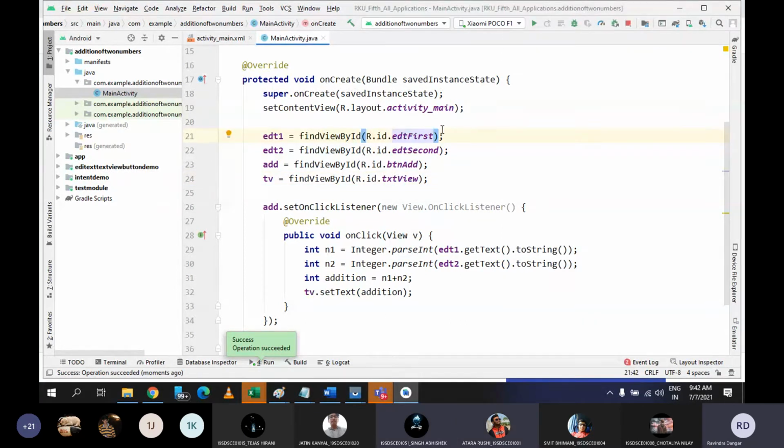Sorry? Yes, Abhishek. No, to set the text, we don't need to even ask our activity to hold, because if we set the text, then it will be set.